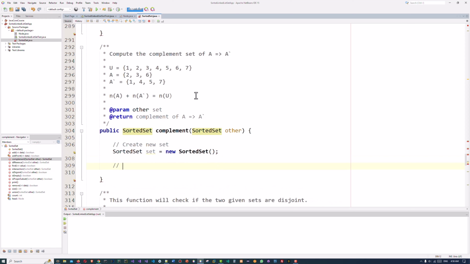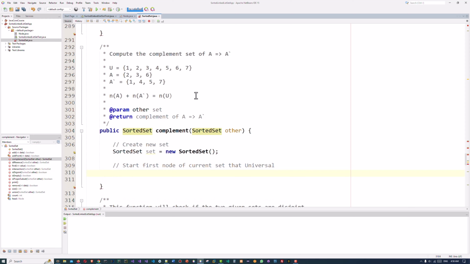So start with the first node of the current set, that is the universal set. Okay, so node current is equal to head and loop till the end of the universal